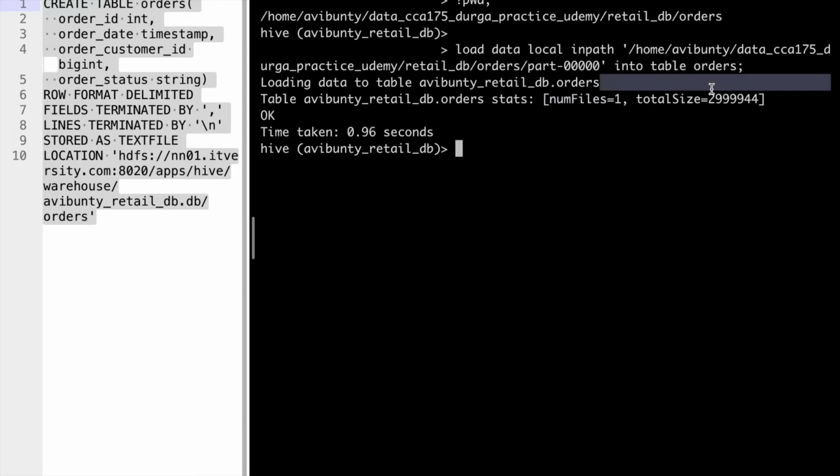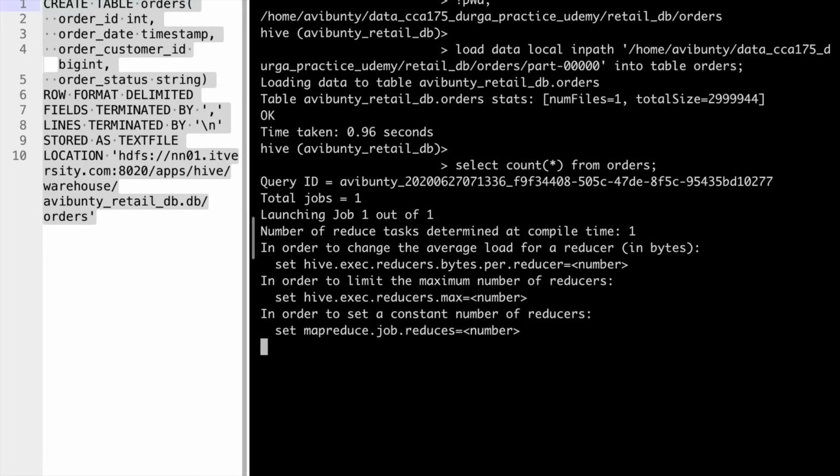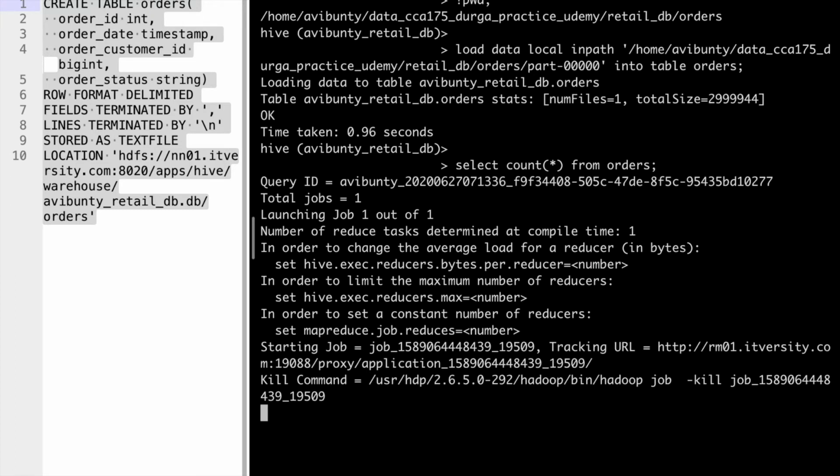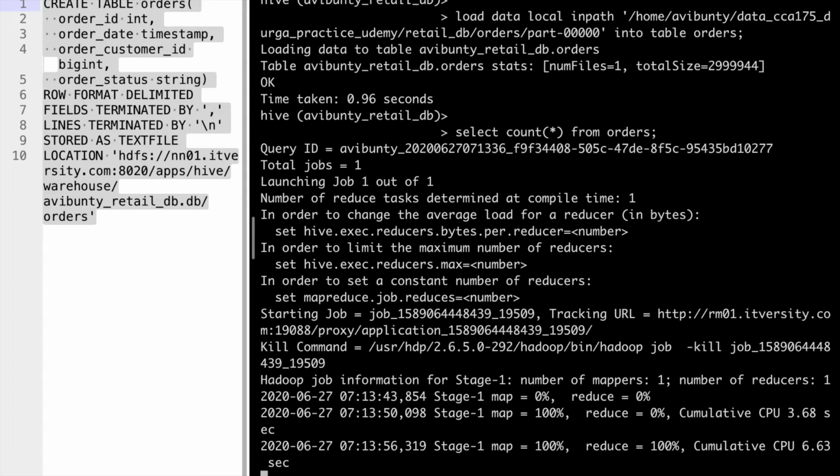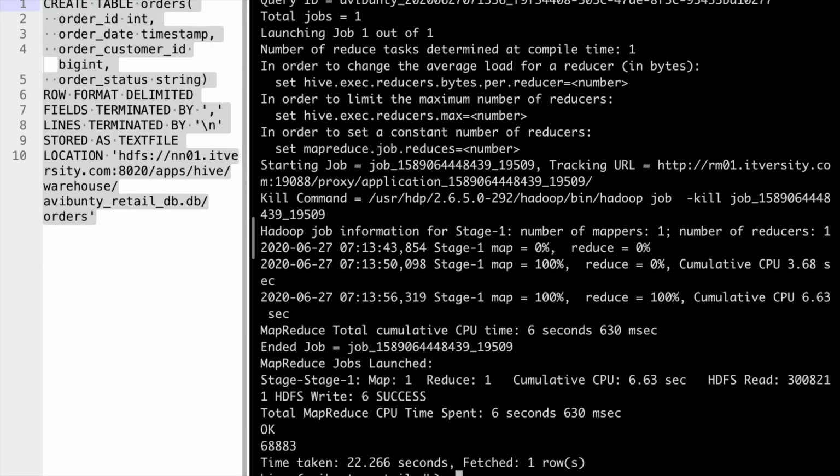So you can see our file got loaded. Let's verify. Let's give select count of star from orders. What is the result we fetch? Let's see. It might take some time based on the cluster availability and all. So just hold on. Okay, great. We have got